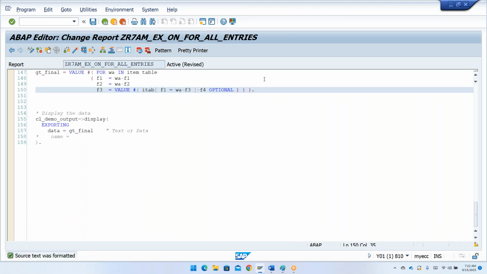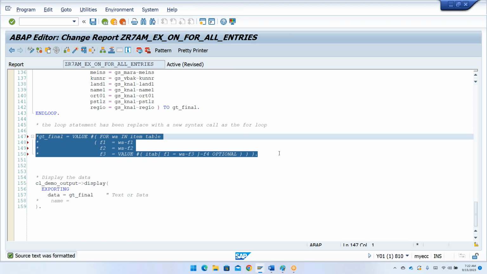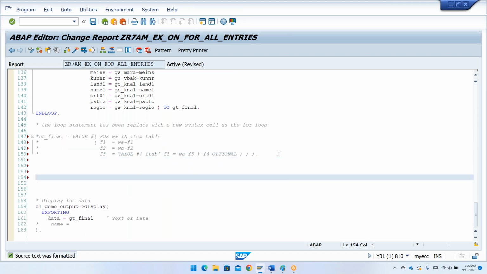So this is what the syntax is: on which table you want to read, and for which fields you want to read. Now how am I going to replace this with my FOR loop? So GT underscore final is equal to VALUE hash FOR